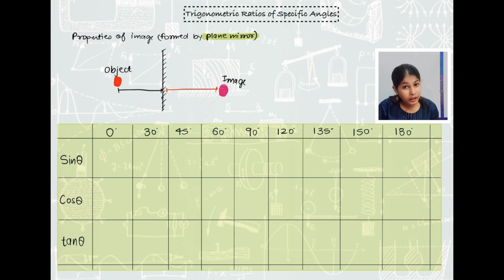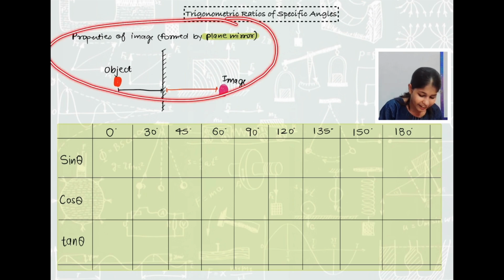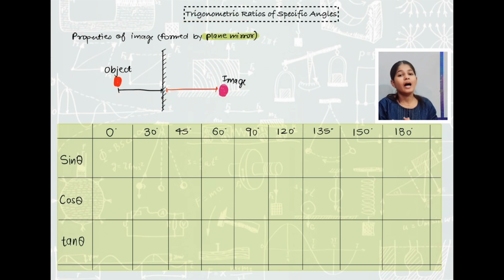But I have a trick for this also. That's why I have to make you all record about the plane mirror. Okay, let's write the values of sine theta. What will be the value of sine 0 degree? It will be 0. Sine 30 degree is 1 by 2, sine 45 degree 1 by under root 2, sine 60 degree under root 3 by 2,